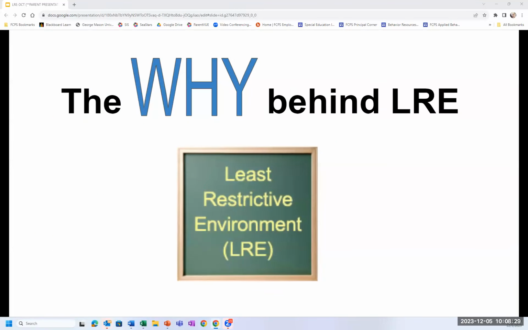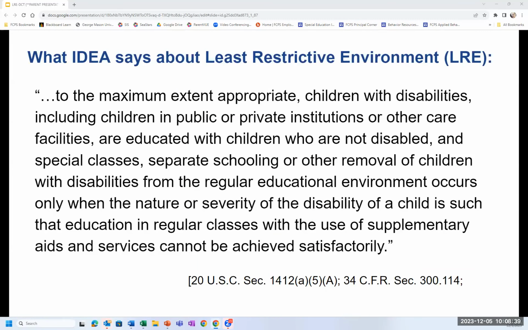So now we will look at the why behind least restrictive environment, or LRE, as the acronym is. This is what IDEA says about least restrictive environment. To the maximum extent appropriate, children with disabilities, including children in public or private institutions or other care facilities, are educated with children who are not disabled.